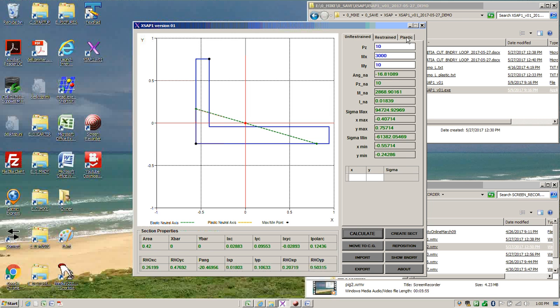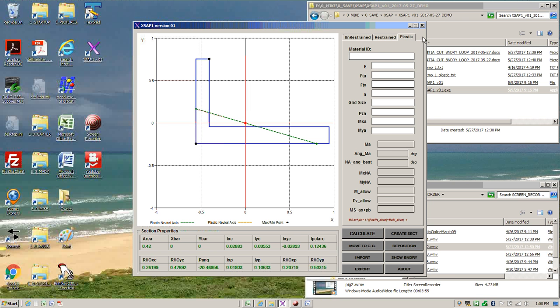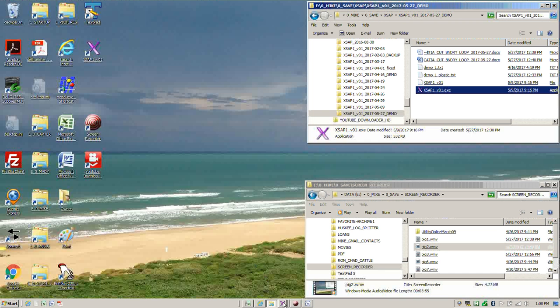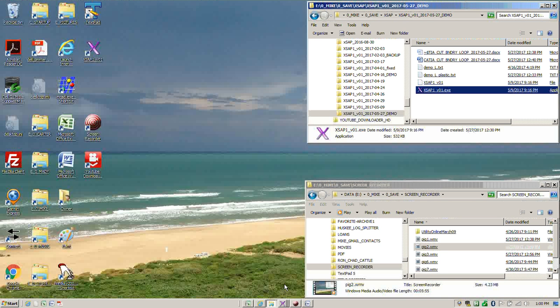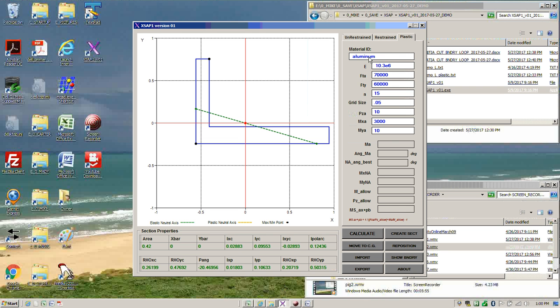Finally, we'll look at the plastic bending analysis. Here in the plastic bending analysis section, you can list a material ID or label. It's optional, not required. Here we have the elastic modulus, the tensile strength, FTU, yield strength, FTY, material shape factor,